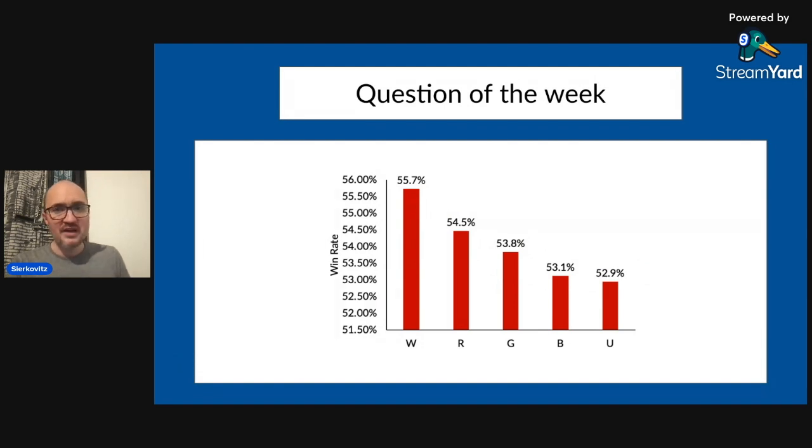And this means that all the white decks, when you add up how many games they played, the white-blue, white-red, white-green, and white-black, have the 55% win rate. And all the blue decks, including blue-white and all the other combinations of the color, have around 53% win rate. It looks little, but actually this is quite a big difference. The 2.5 percentage points difference between black and white is actually quite large, because black also shares an archetype with white, and also black shares an archetype with red, which has a relatively high win rate on its own. So because of those sharing with other colors, those differences will never be too big,